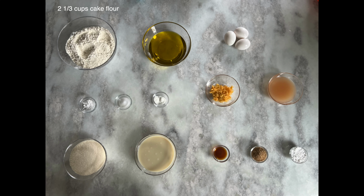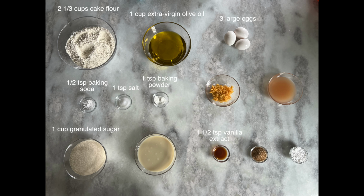Now for today's recipe, you will need the following ingredients: 2 1/3 cups of cake flour, 1 teaspoon of baking powder, 1/2 teaspoon of baking soda, 1 teaspoon of salt, 1 cup of extra virgin olive oil, 3 large eggs, 1 cup of granulated sugar, 1 1/2 teaspoons of vanilla extract, 1/2 cup of freshly squeezed grapefruit juice, 1/4 cup of freshly zested grapefruit rind, 1 cup of oat milk, some coarse or turbinado sugar for sprinkling, and some powdered